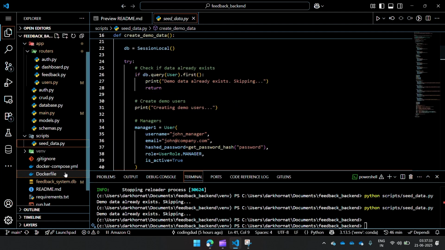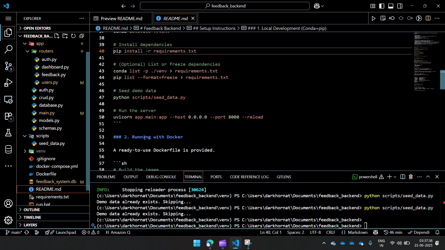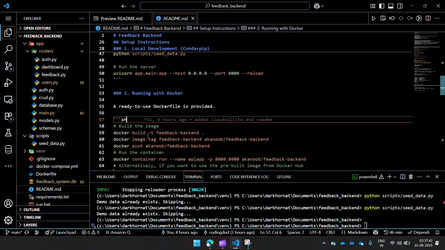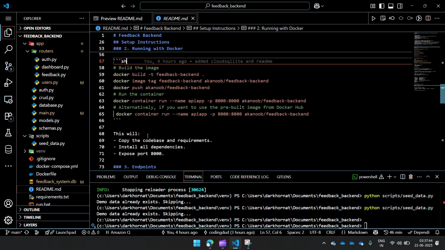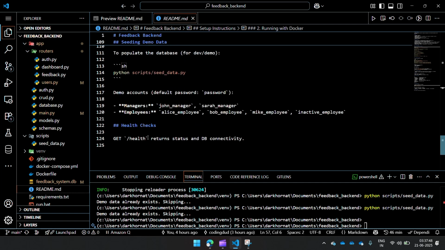To seed demo data, just run python scripts/seed_data.py. Default accounts include managers like John and Sarah, and employees like Alice, Bob, Mike, and an inactive user. Health checks are available at /health to confirm API and database connectivity. That's your guided tour of the feedback system API codebase. For more details,